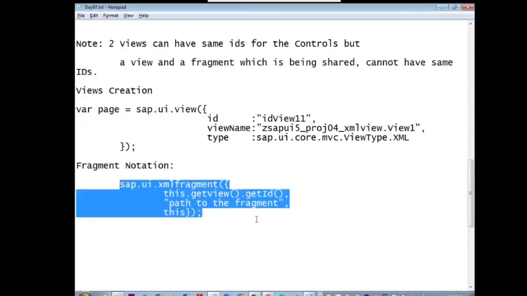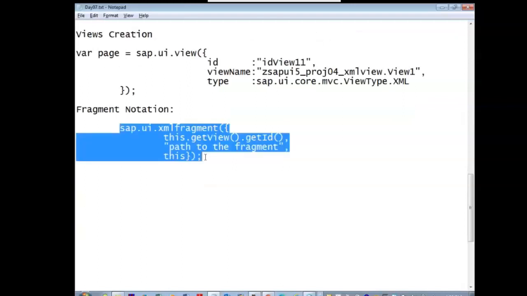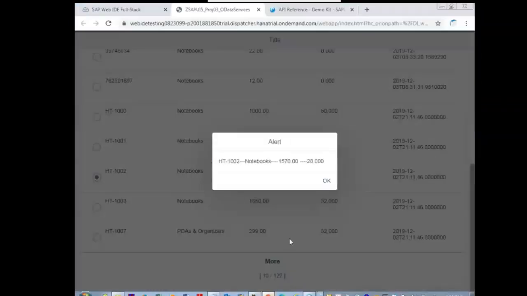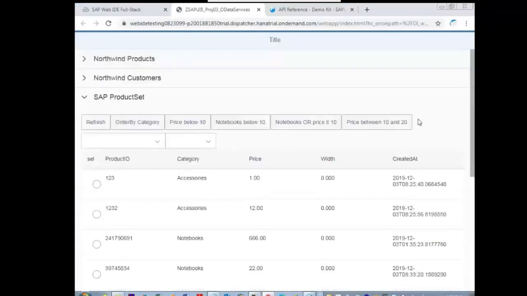Clear now? Any doubts? So this is the notation. Now on the browser to the view, anywhere I'll just create a button, and when I click the button, your fragment must open.